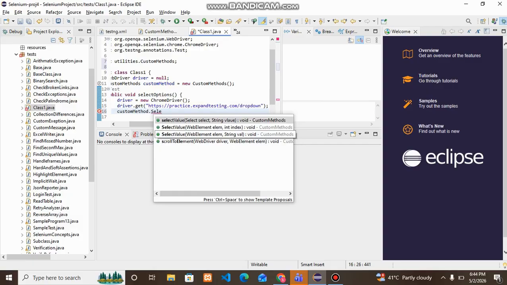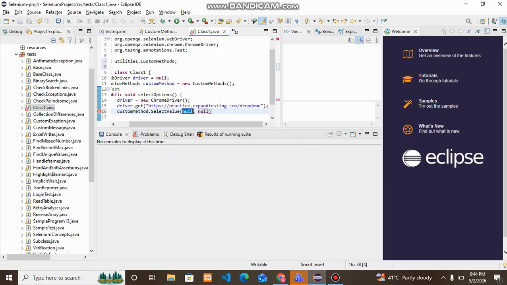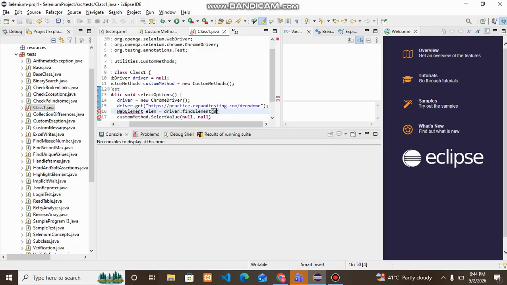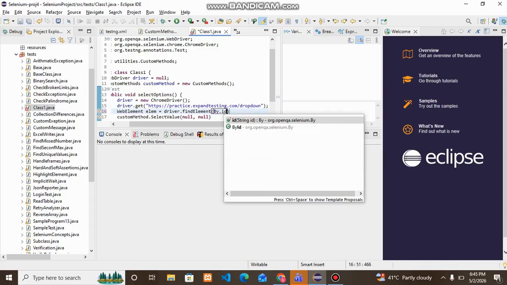Select value is asking for two things: the first is an integer index, and the second is a string value. I have taken the string value in the first case. For this, we need to define a web element. So let me add a web element with the name elem, using driver.findElement by id for this select